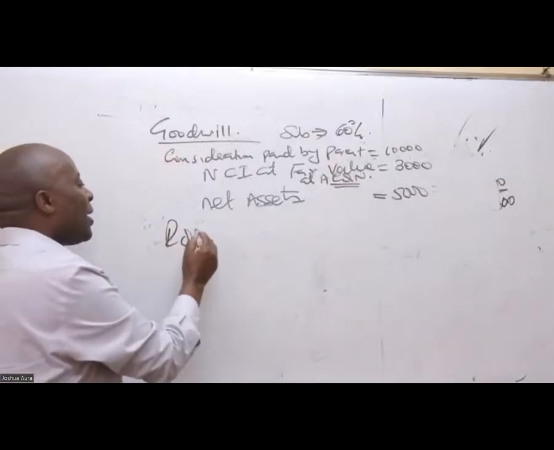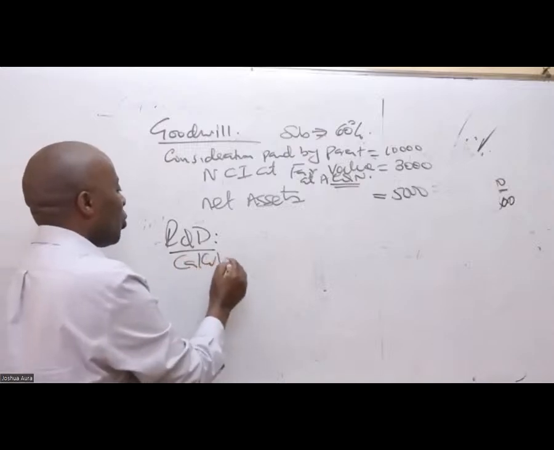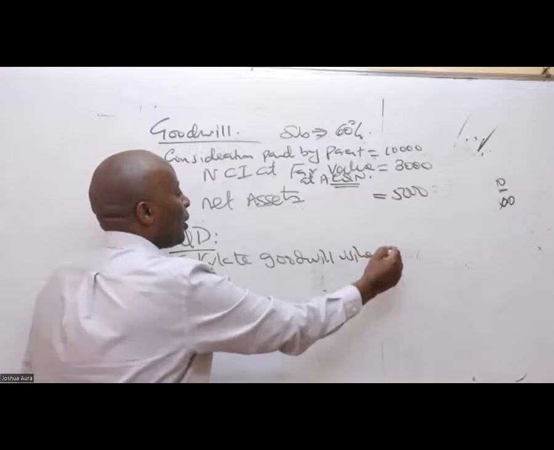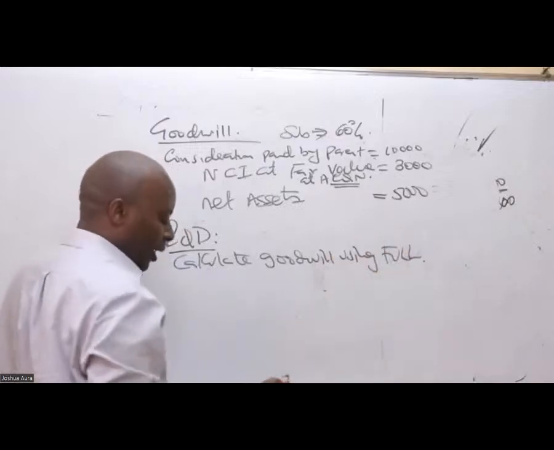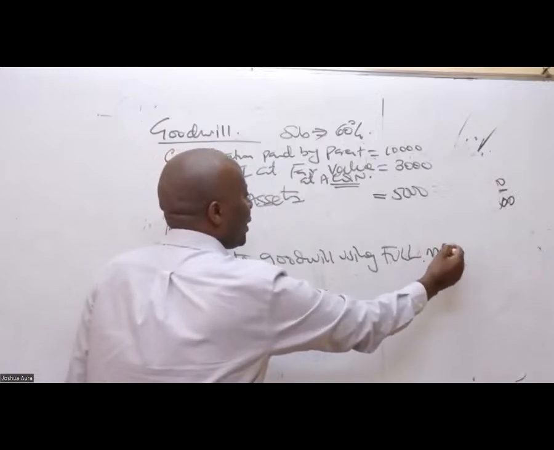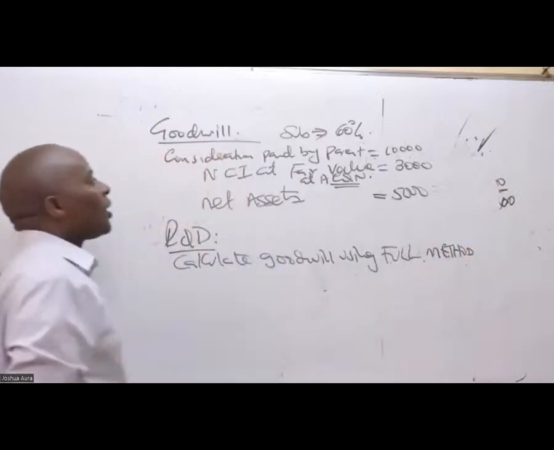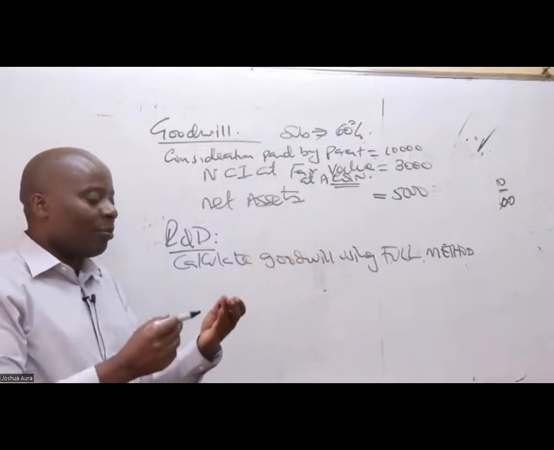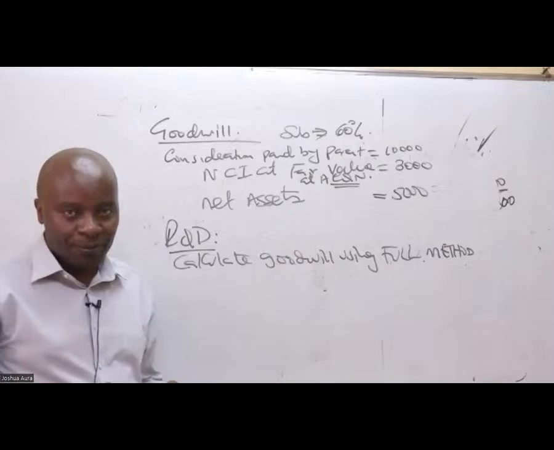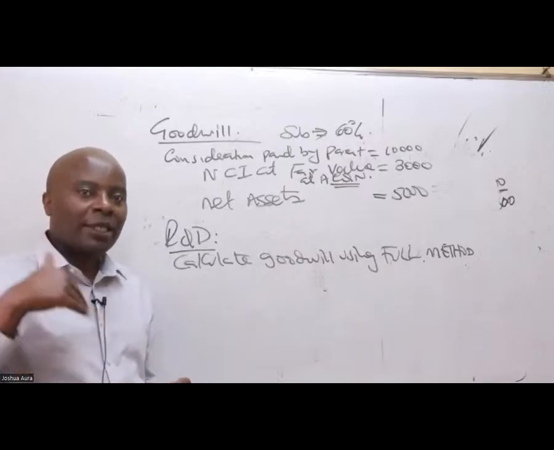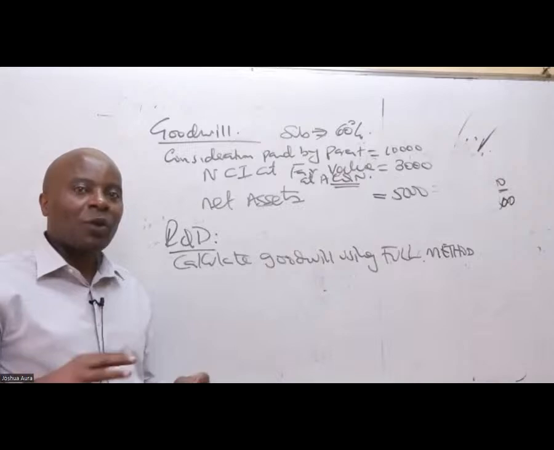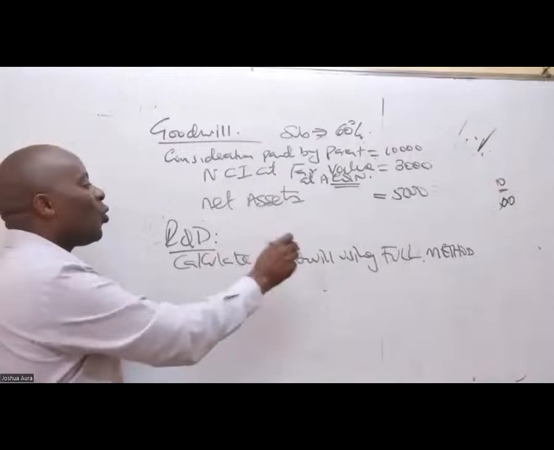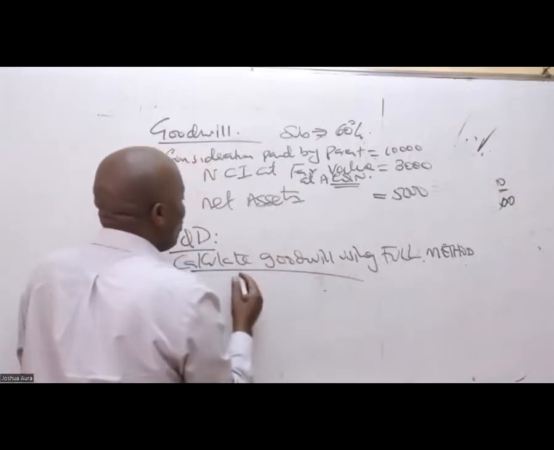And then you are required to calculate goodwill using full method. This is when we consider both considerations paid by the two parties. When you consider what has been paid by the two parties, then automatically you are accounting for the whole, for the full. So when they tell me to use full method to compute goodwill, then what I will do is